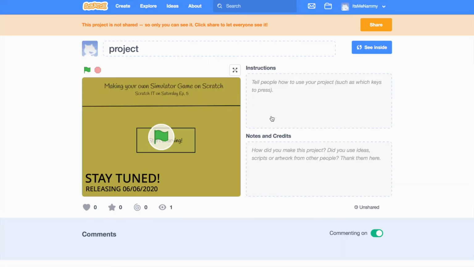Now if you're confused, like, whoa, Nami, you're going fast, what's going on? What's a simulator? First of all, let me explain what a simulator is. A simulator is basically a game where you collect items, specific items. And then you have a little backpack that becomes filled with the items that you collect or click on. So say this is your backpack, 0 out of 25 items,